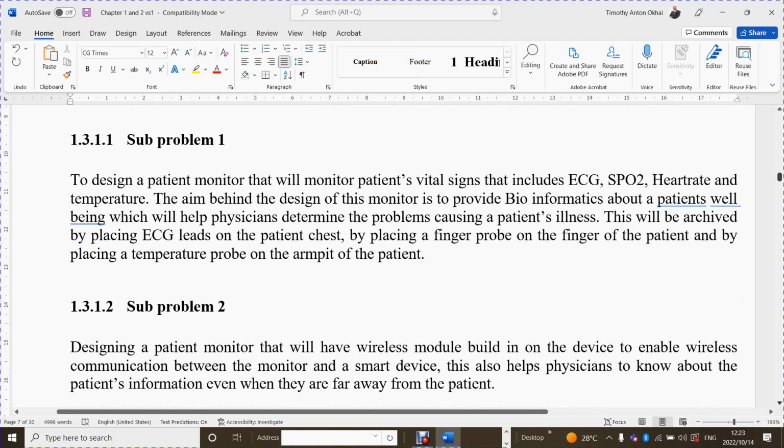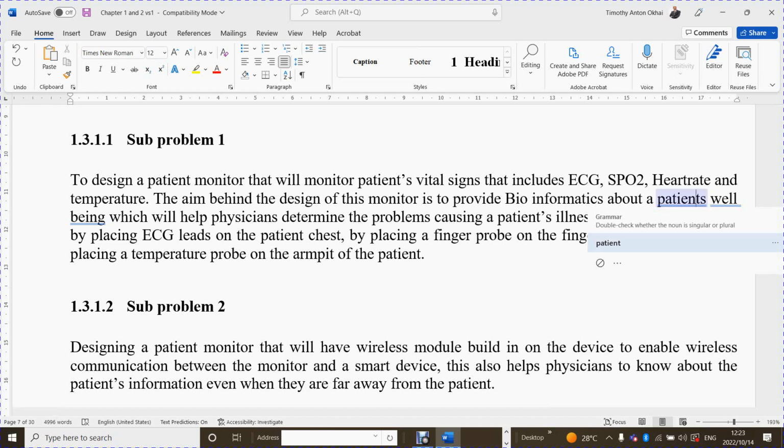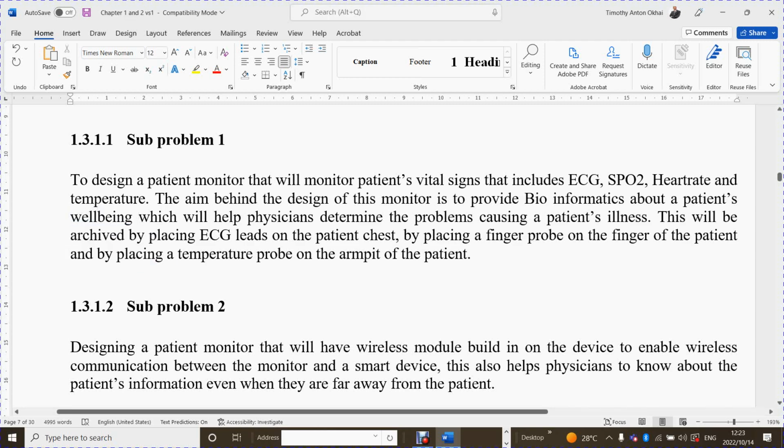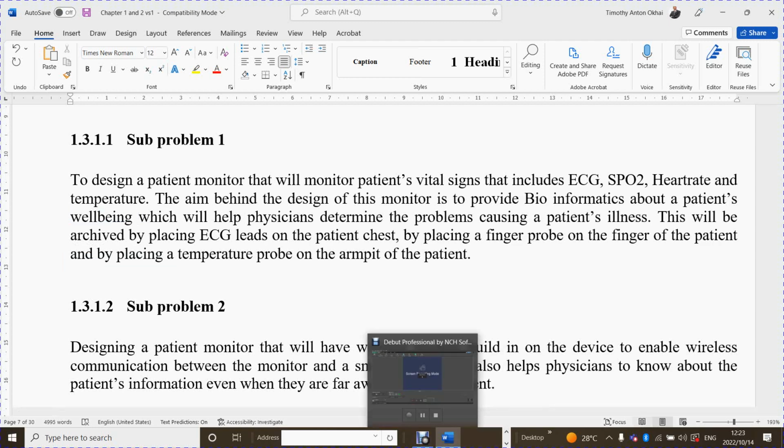Sub-problem 1. To design a patient monitor that will monitor patient vital signs and increase ECG estimate through heart rate. The aim behind the design of this monitor is to provide bioinformatics about the patient's well-being, which will help physicians plan the protocols and patients in care. Then the second one, let's see,